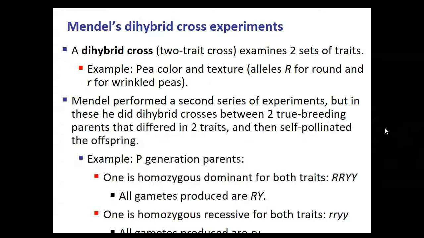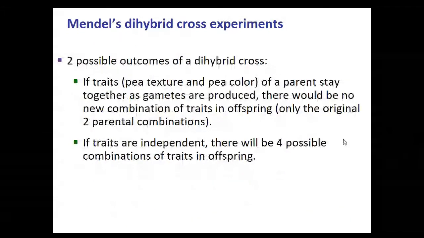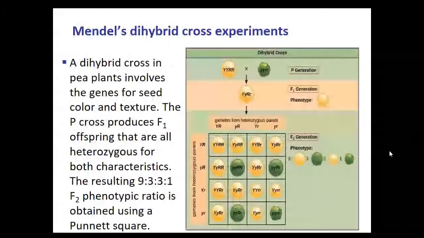Well, here's what the Punnett square would look like for that. So instead of just being 2 by 2, it's 4 by 4. So you end up with 16 offspring to count. And you get this 9-to-3-to-3-to-1 ratio of traits, or combinations of traits. Now this just told him that he got all these different combinations of traits in the offspring. That just told him that, for example,